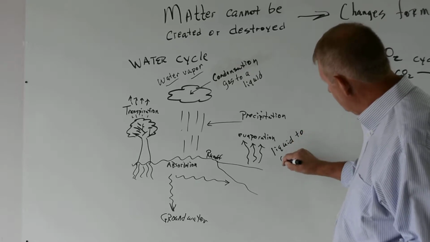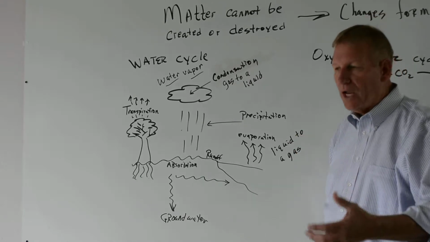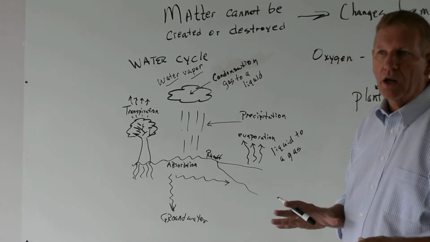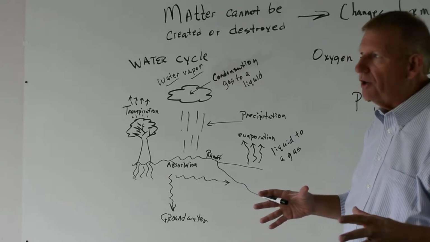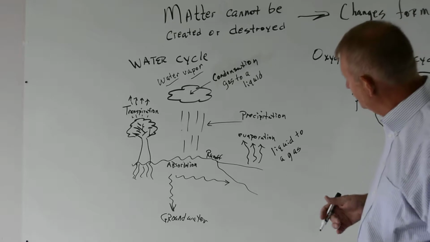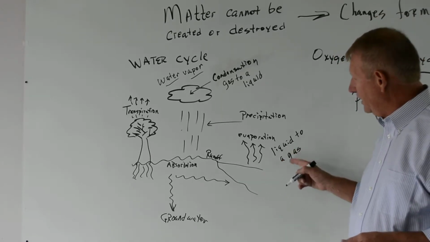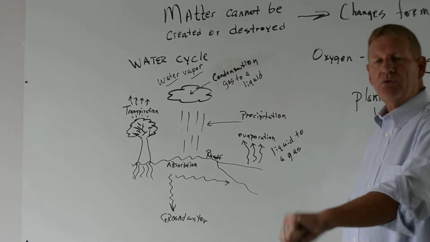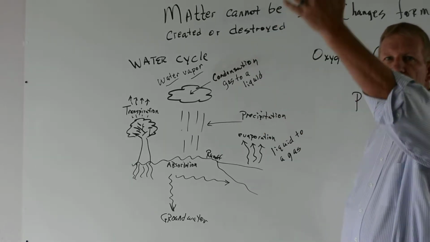to a gas. So we have evaporation occurring. That can even be in a water puddle. It can be if you have a little kid's swimming pool in your backyard. Wherever you have a surface of water, you can have evaporation. So what is that? You have the liquid water, and it goes to a gas. You can literally put liquid water on your desk, and eventually it evaporates and goes up into the air.